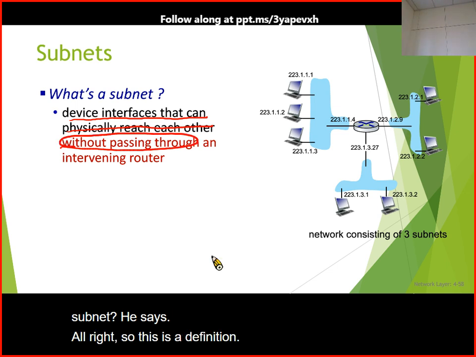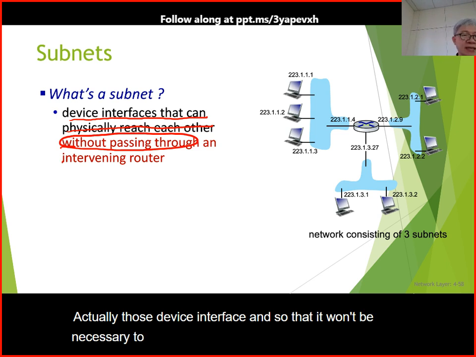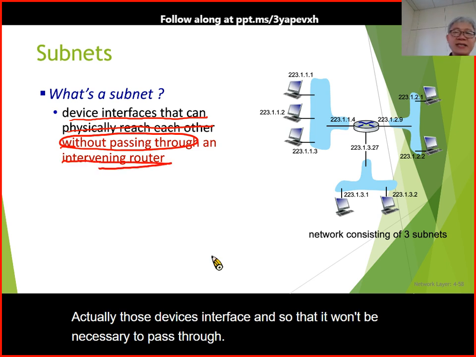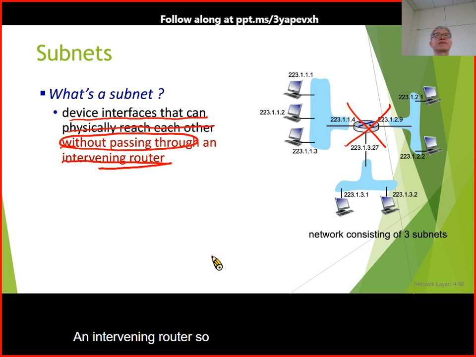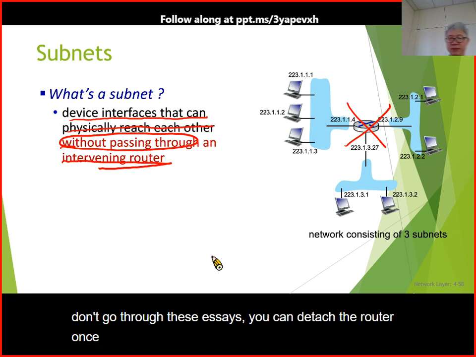Those device interfaces where it won't be necessary to pass through an intervening router. So that says don't go through this. If you don't go through this, that says you can detach the router. Once you detach the router, then you can find